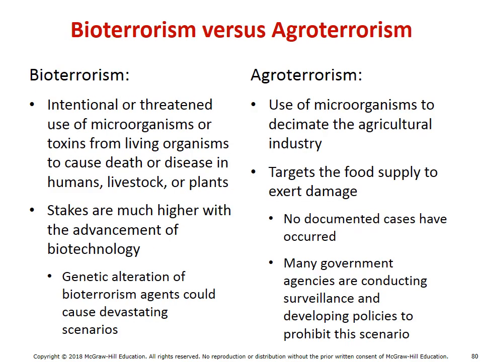There are two different things that we should talk about in terms of terrorism risk. There's bioterrorism and agroterrorism. Bioterrorism would be the purposeful use of a microorganism to make somebody sick. But agroterrorism is a little different. With agroterrorism, we're not going to try to make individuals sick, but rather the food supply. So it would be the destruction of crops and agricultural products. This would lead to, again, mass starvation and still the terror that terrorists want. And so the idea here is we're pretty aware of bioterrorism, but agroterrorism is another venue that we need to protect ourselves in.